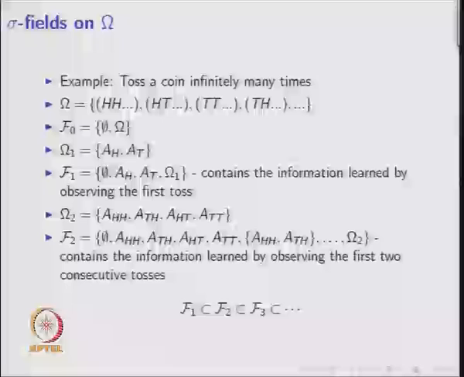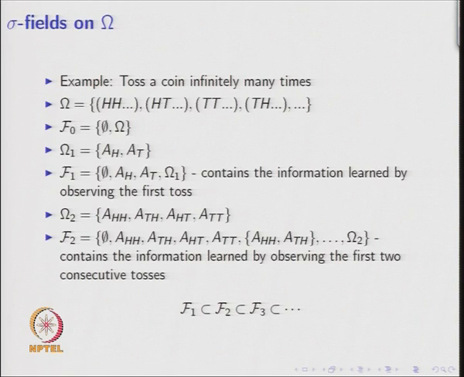F2 is the smallest sigma field containing omega 2, containing the information learned by observing the first two consecutive tosses. If you observe, you will find omega 1 contained in F1 contained in F2, F2 is contained in F3 and so on. Since we are tossing an unbiased coin infinitely many times,